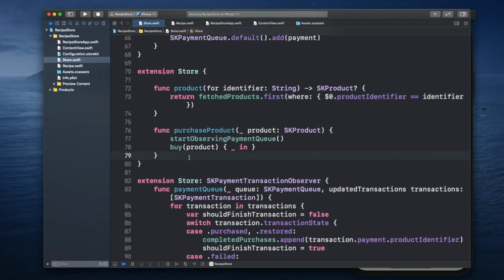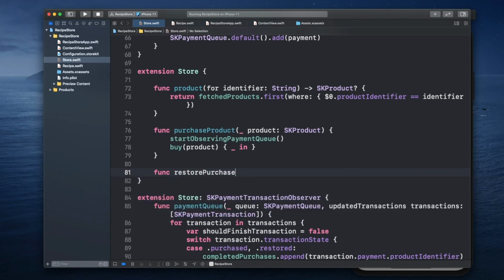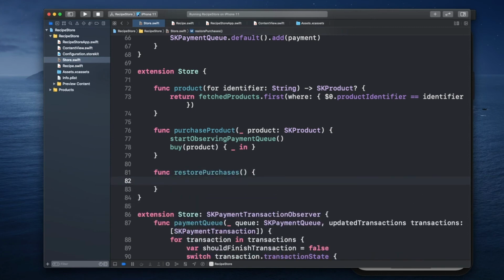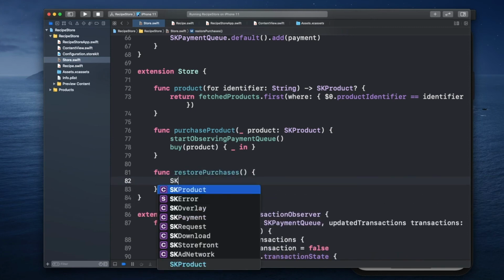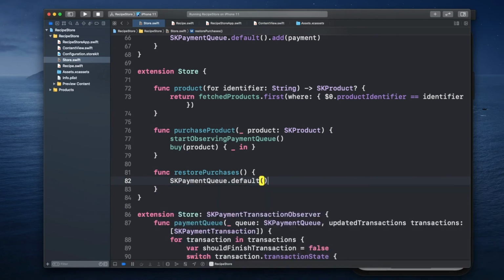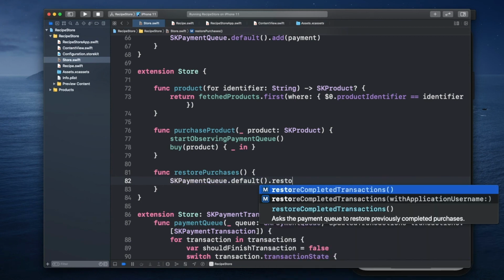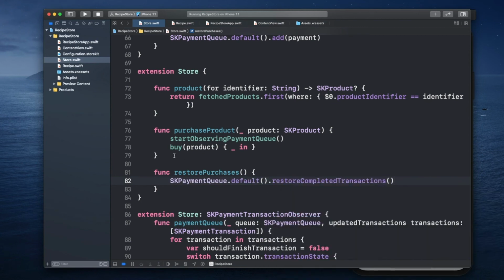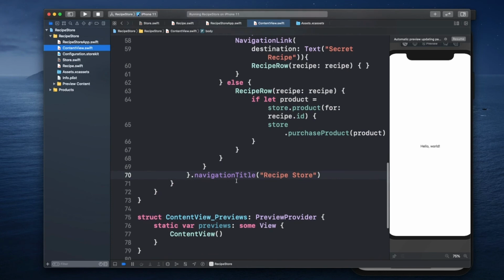So I will go back into my store class and create a function called restore purchases. Like so, and in here I will simply call StoreKit payment queue default.restore completed transactions. And I can call this one in my content view. So I just copy this, and then the way I'm going to make it accessible is through a navigation bar